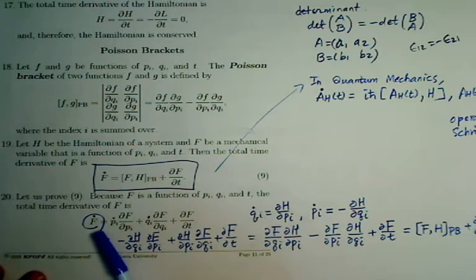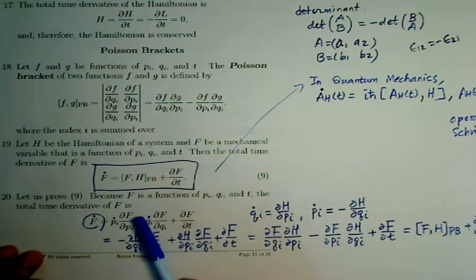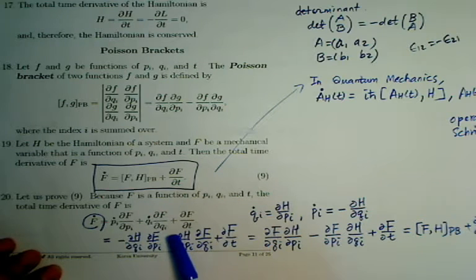So because f is a function of momentum and coordinate, we take the partial derivative of f with respect to momentum and coordinate, multiplied by the momentum's time derivative and the coordinate's time derivative by the chain rule, and added up with the